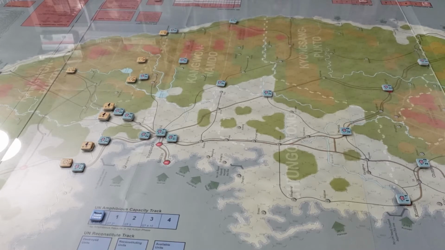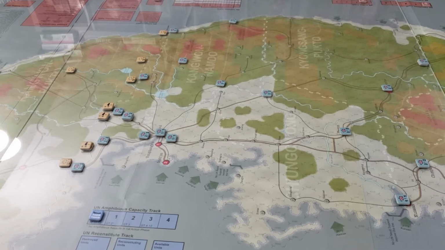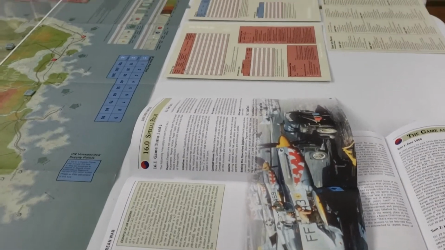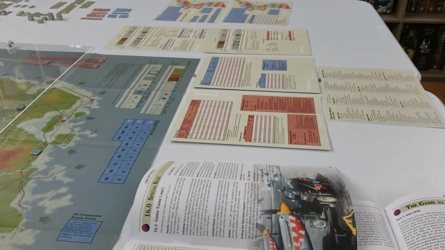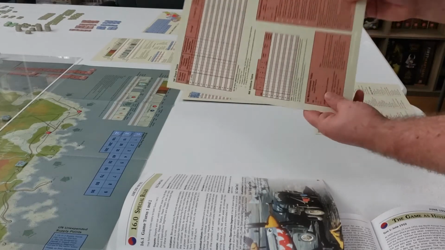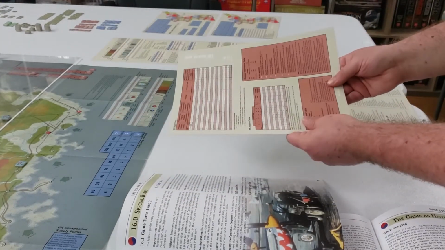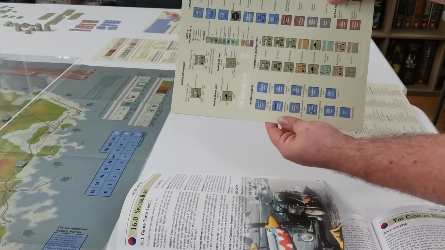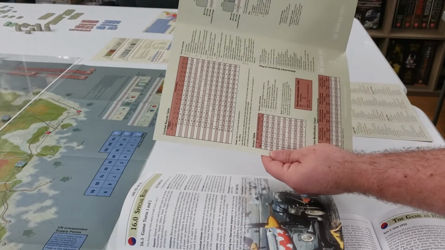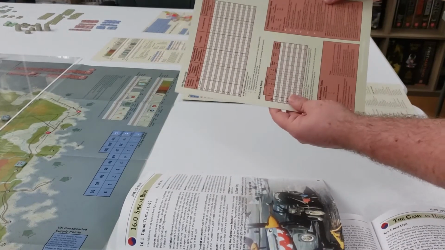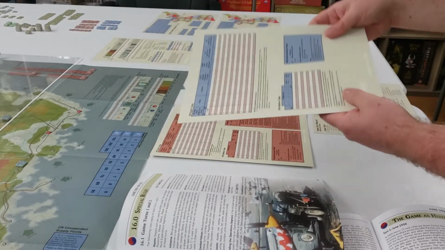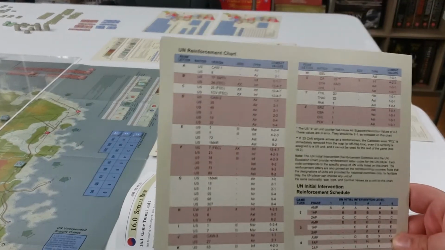And I think that's all we really need to worry about now. I'll just bring some things down here. I have a number of the player aid sheets strewn about the table here since I've got all the extra space to work with. I really am principally going to be using the player aid that is destined for the North Korean Chinese communist player, which has the counter table, a number of the tables that the North Koreans will need, a terrain summary, and then some more tables that they'll need. Likewise, there's a UN specific one that has blue charts, including the reinforcement chart,